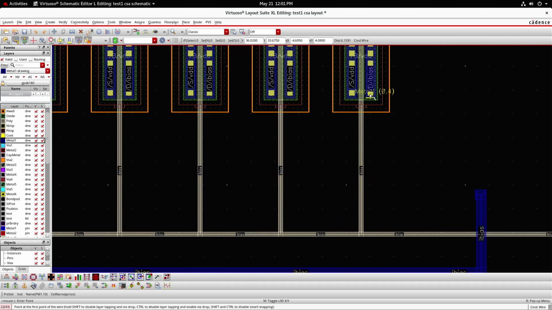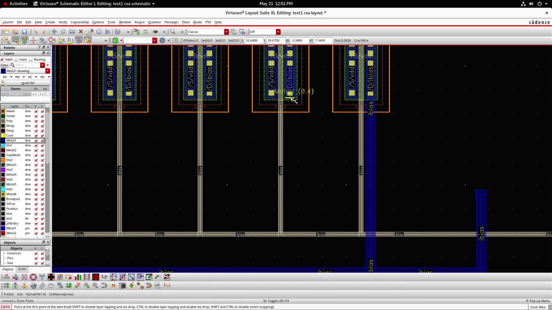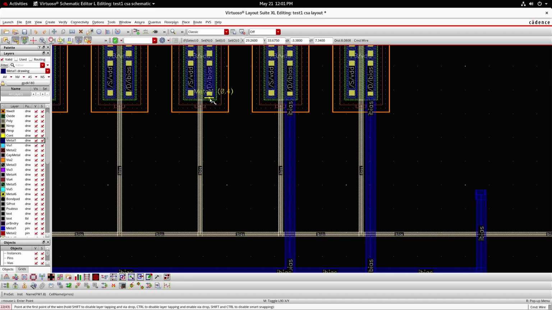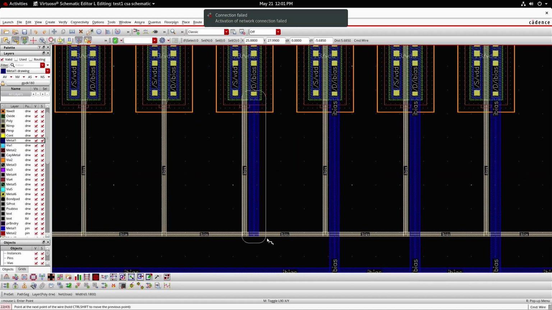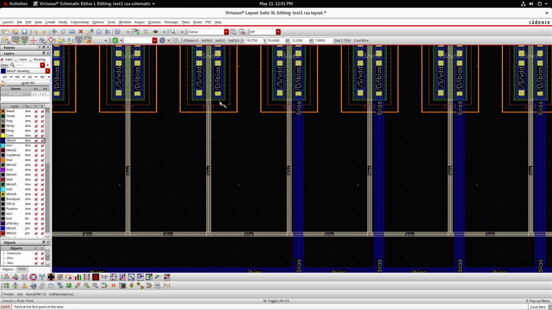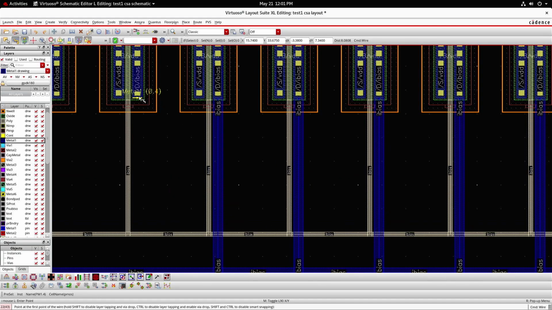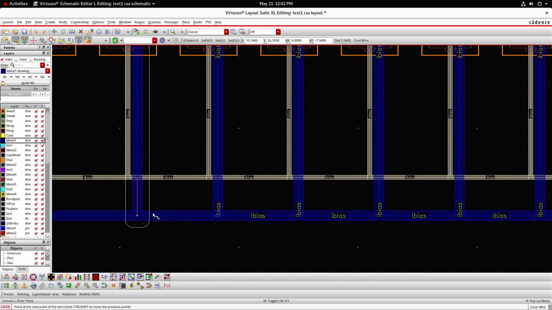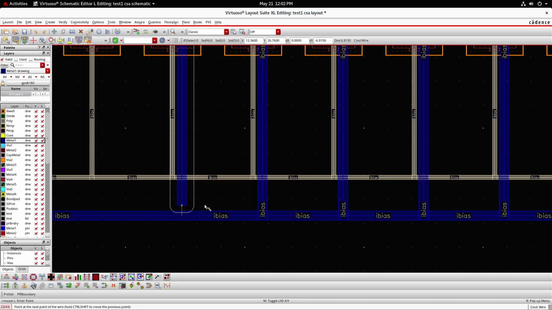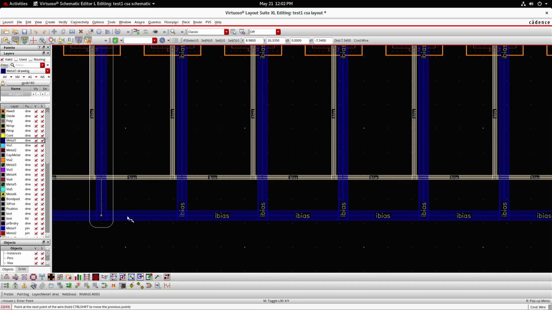For this connection, I'll bring all the drains, that is, the left hand transistors' drains, and connect them to this, because there are 10 multipliers instead of a single transistor. When you are making connections, make sure that you are connecting from all the drains. Otherwise, in DRC there will not be any errors, but in LVS you may end up with errors because there may be 10 drains. If you have connected only 9, it leads to an LVS net mismatch error.